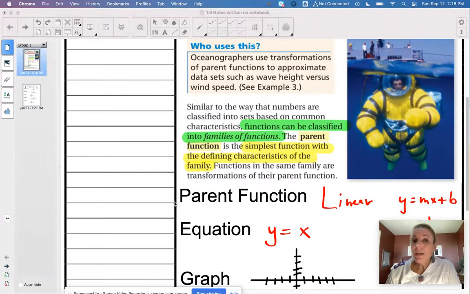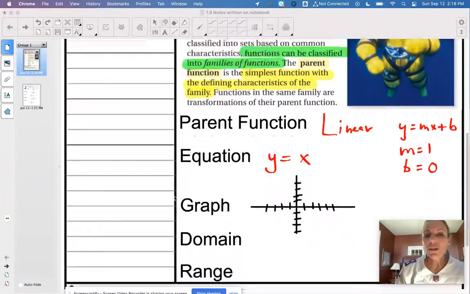And basically, we're talking about the parent function. And the nice thing is, if you know the parent function, you can do transformations or change those parent functions to create new functions. Functions can be classified into families of functions. The parent function is the simplest function with the defining characteristics of the family. So we're going to start with